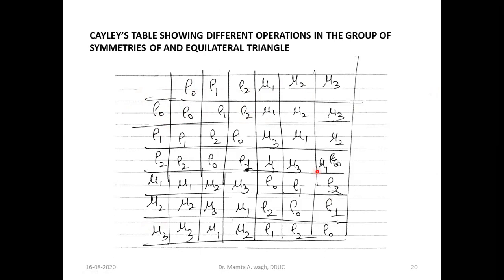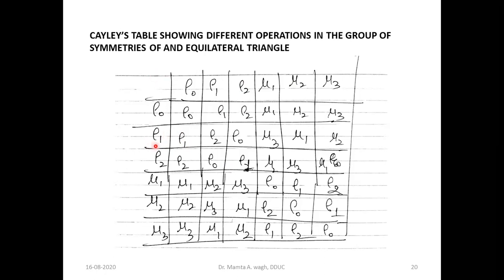Now, first thing, from this Cayley table structure it is clear that we are keeping ourselves in that set only. We are not going out of the set. So that is closed, and the identity element is also there, and then we are going to check what the inverses of each element are.